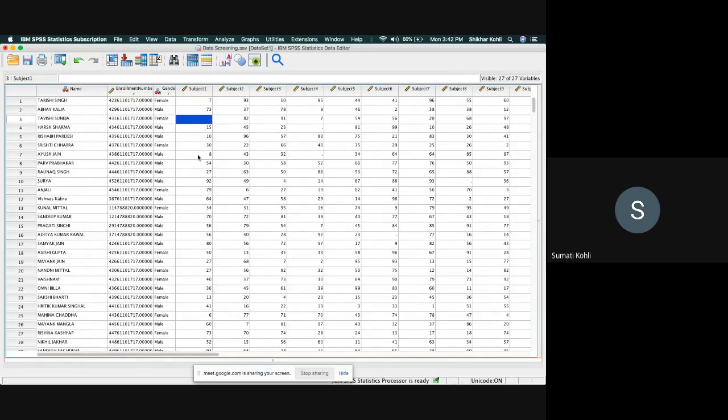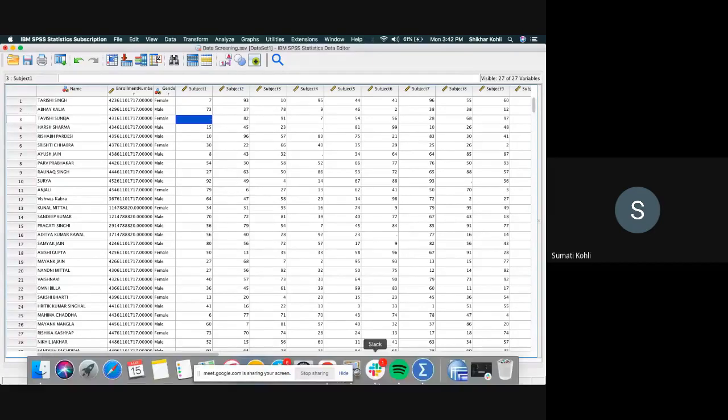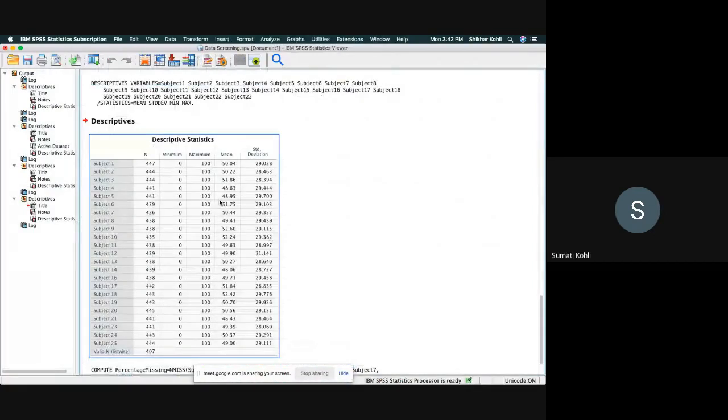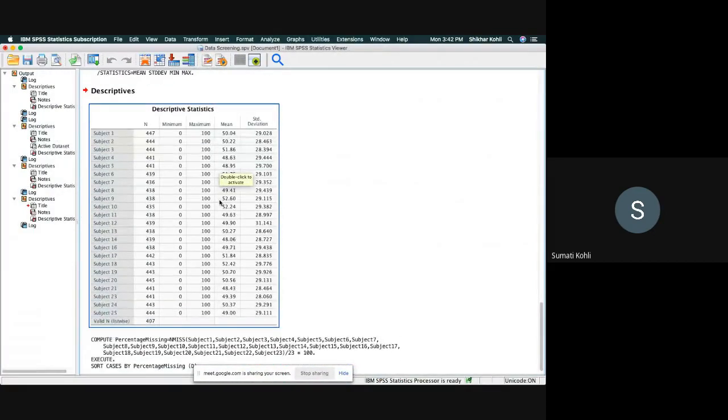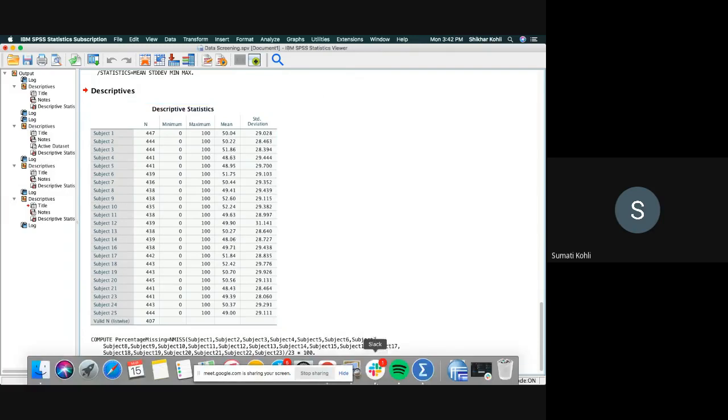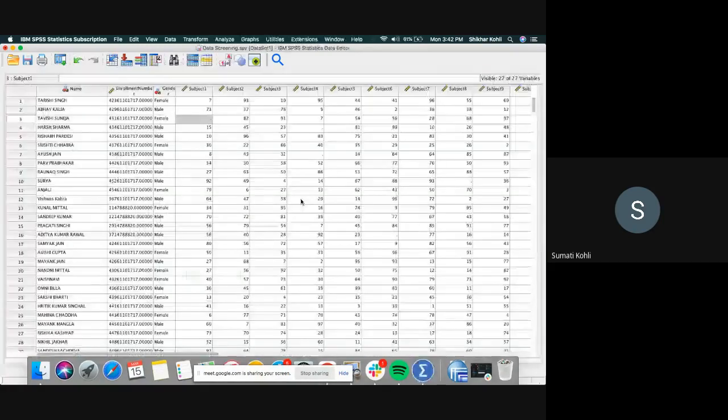But we need to calculate mean one more time because you already know that we have deleted a few of the students, right? तो अब हो सकता है the mean might be different from what we had calculated earlier. You all know we had already calculated the mean when we were checking the minimum and the maximum. But now, because we have deleted about 27 students from our data set, it might be possible that the mean has changed. So again, we would like to calculate the mean, right?